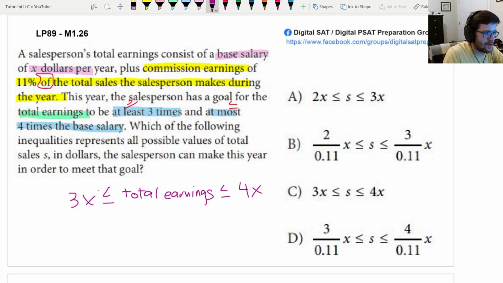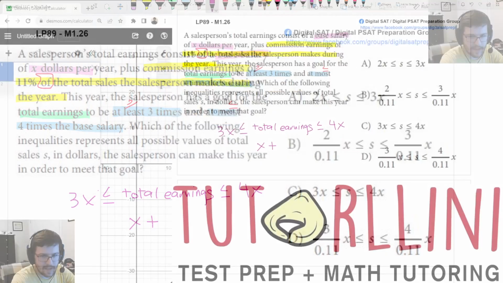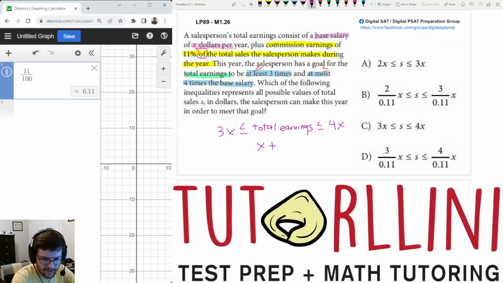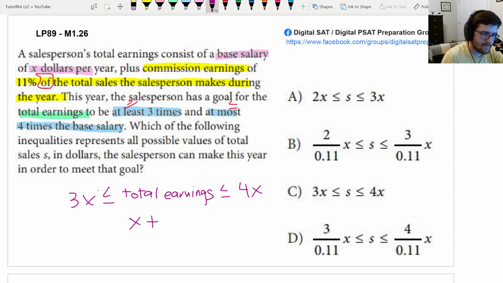So the total earnings is X, the base salary, plus 11% of. Remember, I talked about my percents video that when you're doing a percent of, you just divide by 100 and multiply. So this is going to be 0.11 times the sales. So plus 0.11